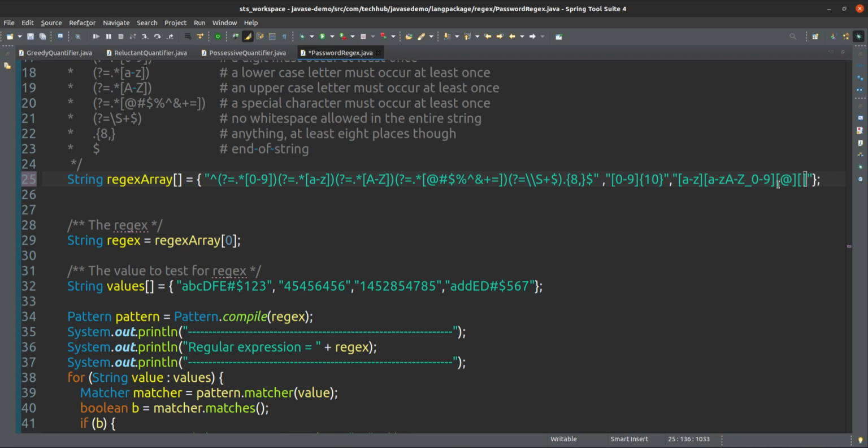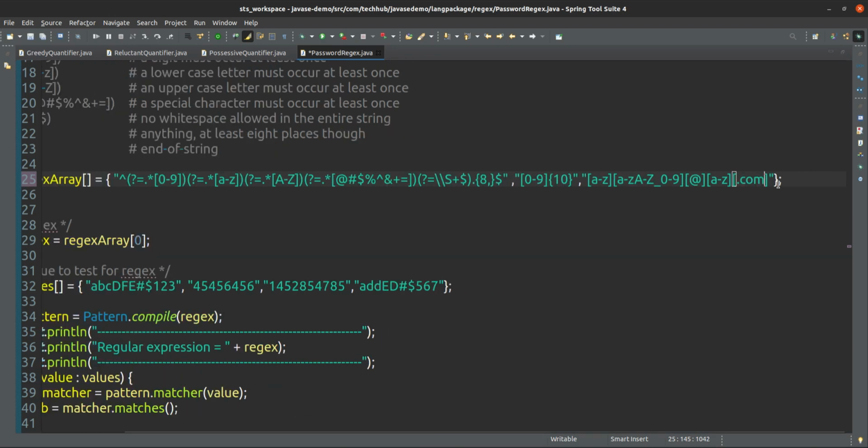After that, a to z, and after that .com, something like that, so it will accept those patterns only.